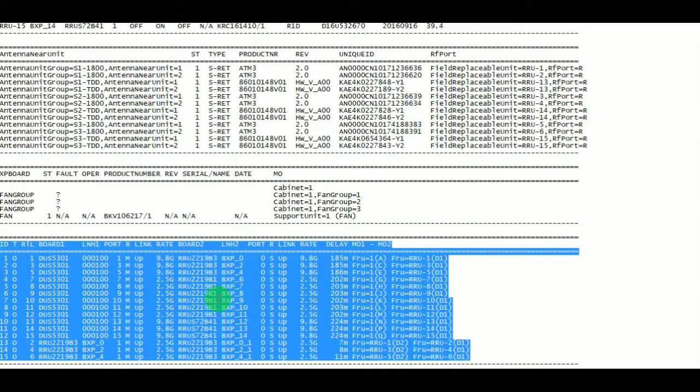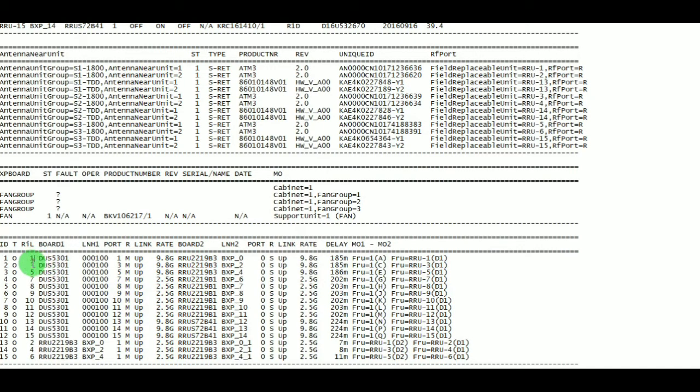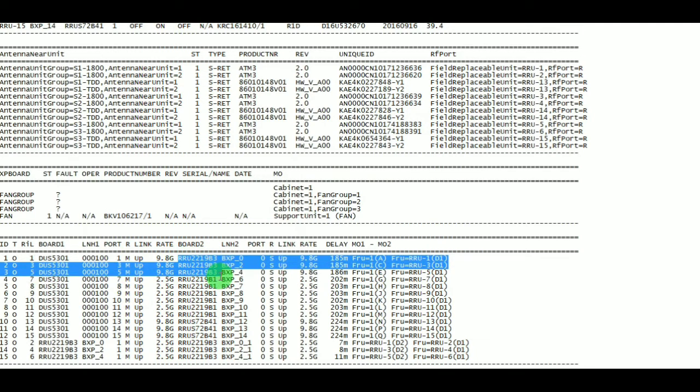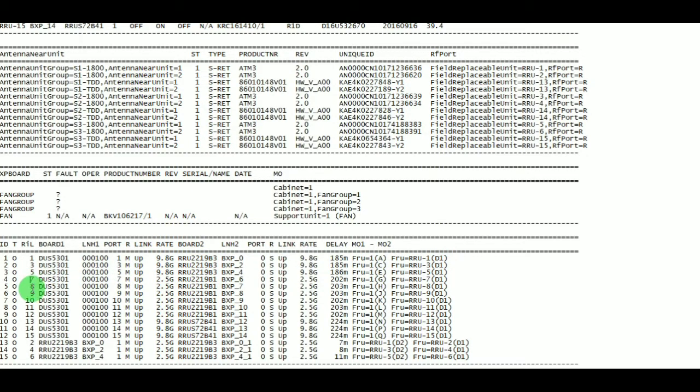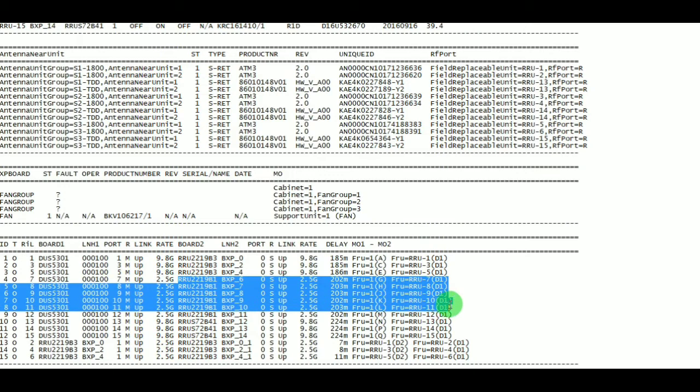The next row describes the baseband to RRU connectivity through fibers. Here, radio links 1, 3, 5 are associated with radio units of 1800 technology, that is FTD 1800, whereas radio links 7, 8, 9 are providing the support for FTD 2100 radio units.